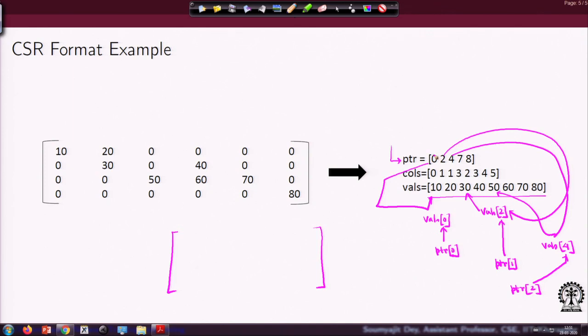Let me take an example: for the first row I get an index 2. Now I follow this index 2 and I look into vals 2, right. So, essentially, for the first row I am looking into PTR 1 and then I am looking into vals of PTR 1. That is what I am doing.